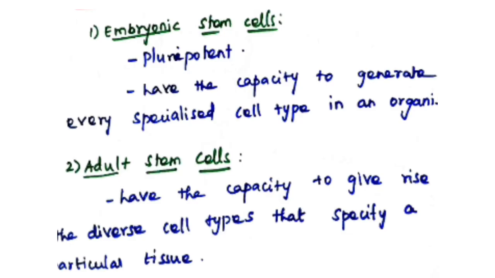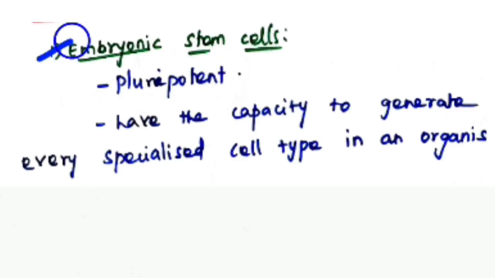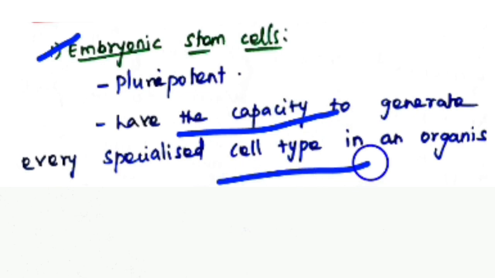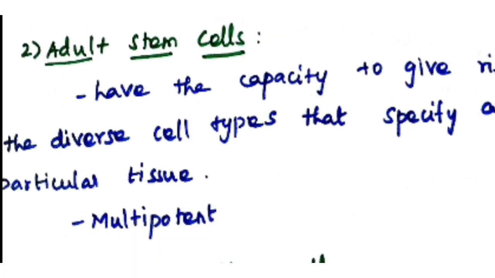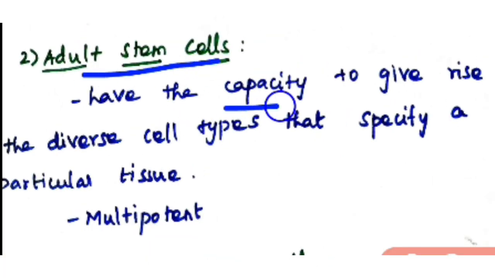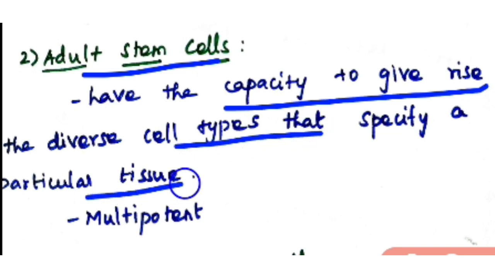Okay, there are different types of stem cells. Of these, the two main important types are embryonic stem cells and adult stem cells. Embryonic stem cells have the capacity to generate every specialized cell type in an organism. So embryonic stem cells are also known as pluripotent. Then adult stem cells have the capacity to give rise to the diverse cell types that specify a particular